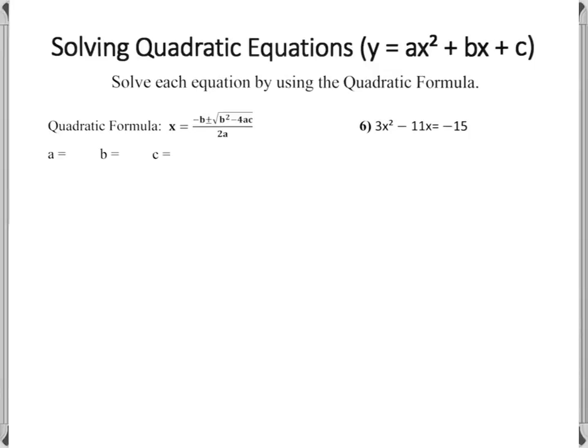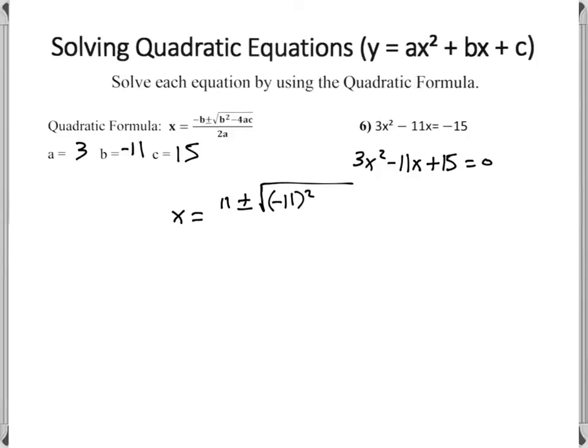And then the last problem, we've got 3x squared minus 11x minus 15. Well, before we start, we need to move the 15. So when we move it over by adding, we get 3x squared minus 11x plus 15 equals 0. So this means that our a value is 3, b is negative 11, and c is 15. So we're going to plug this into the quadratic formula. X equals 11 plus or minus the square root of negative 11 squared minus 4 times 3 times 15, all